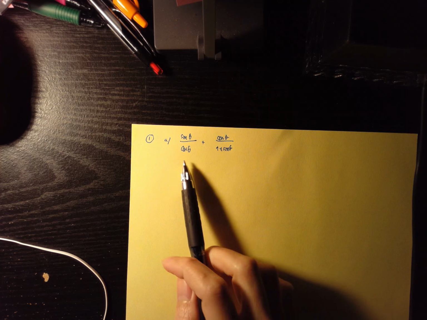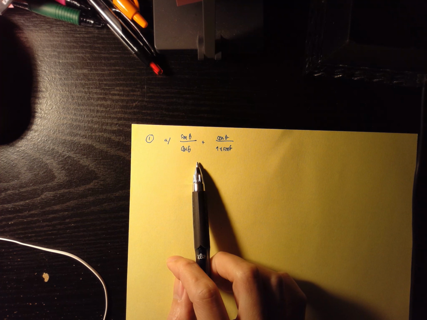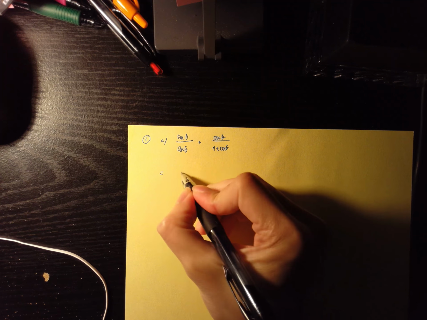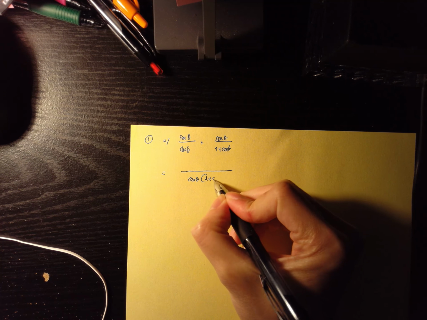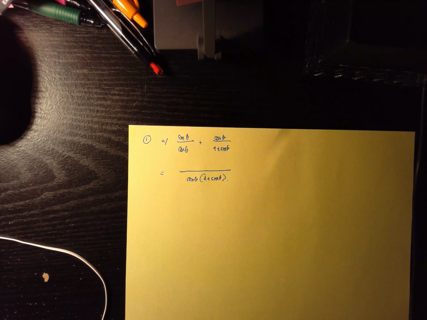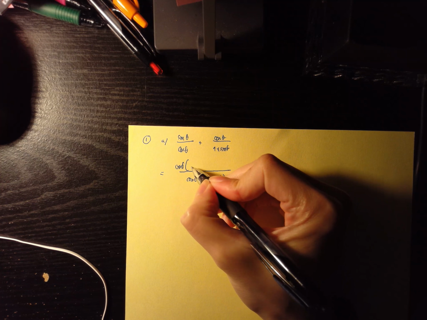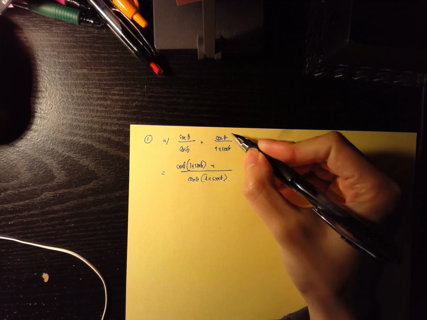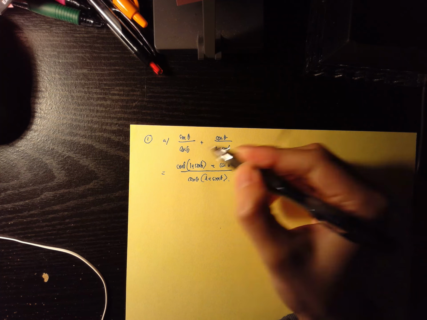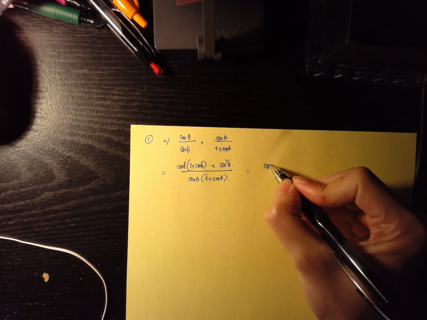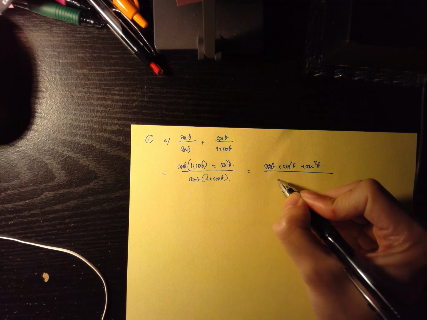You recognize right away that we have two fractions, so you have to find the least common denominator. That should be the best strategy at this moment. The least common denominator is this. You multiply the top and the bottom by 1 plus sine theta, so you have sine theta times 1 plus sine theta, and you multiply the other fraction's top and bottom by cosine theta, so you have cosine squared theta. You distribute, and you have sine theta plus sine squared theta plus cosine squared theta